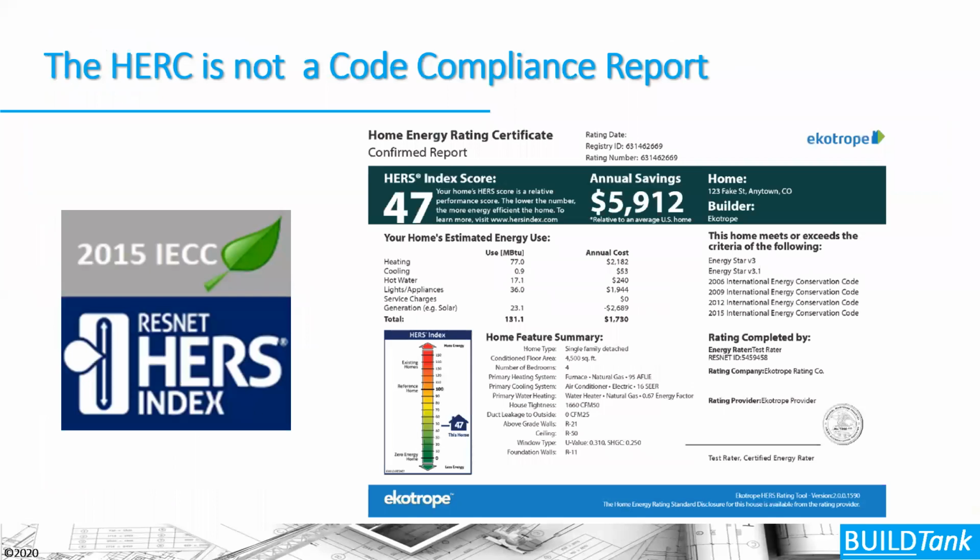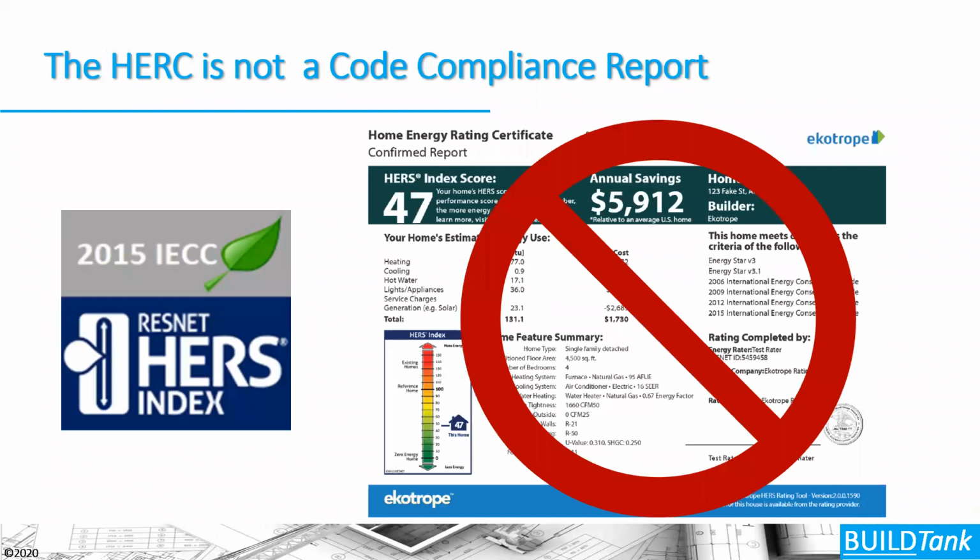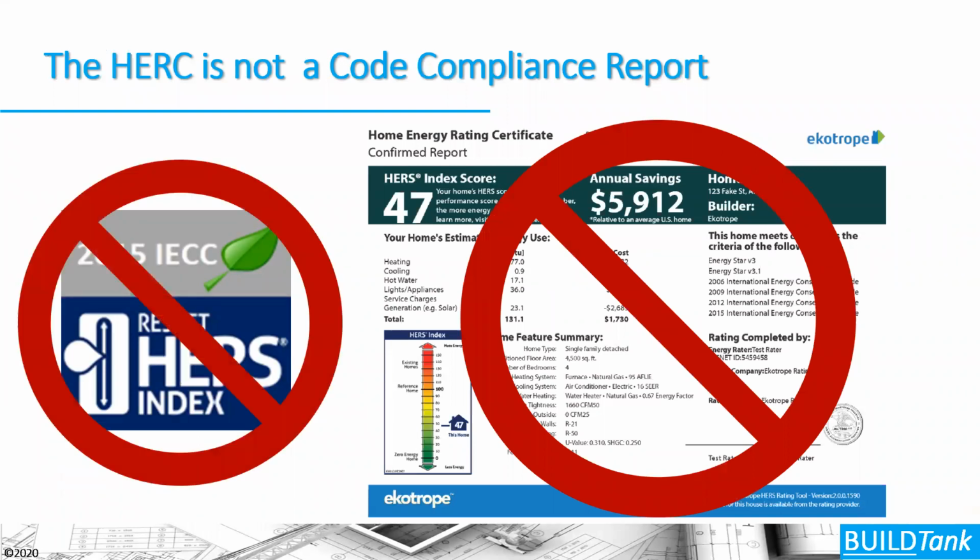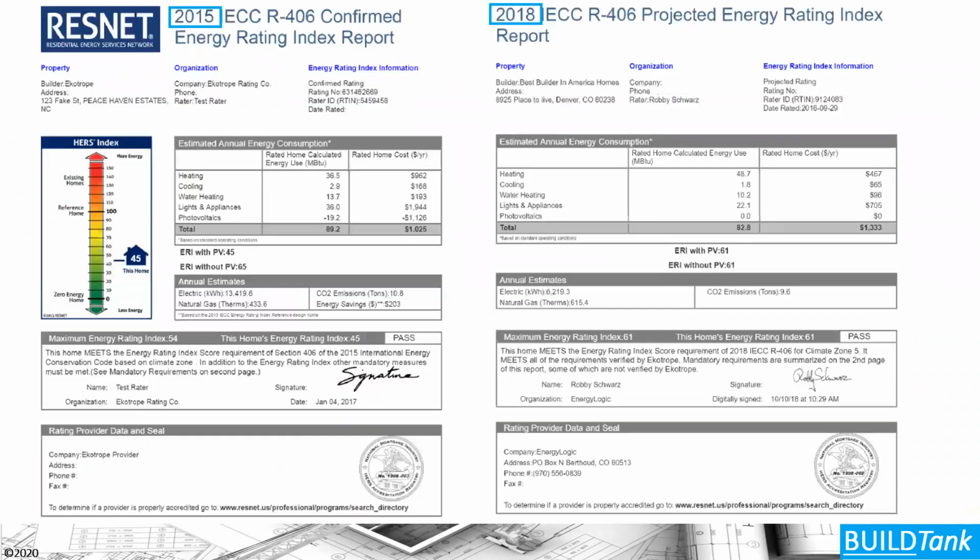Again, the HERS, or the Home Energy Rating Certificate, is an important certificate, but it is not a code compliance certificate. This is the code compliance certificate for the energy rating index. It shows the ERI scores and whether they meet or do not meet the code. You need to turn in a projected one for your permitting process to get your building permit, and a confirmed one to get your certificate of occupancy for that house. Okay, so